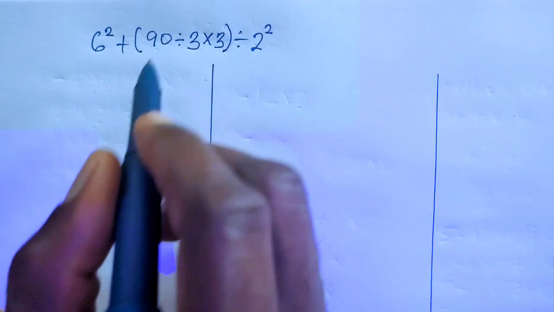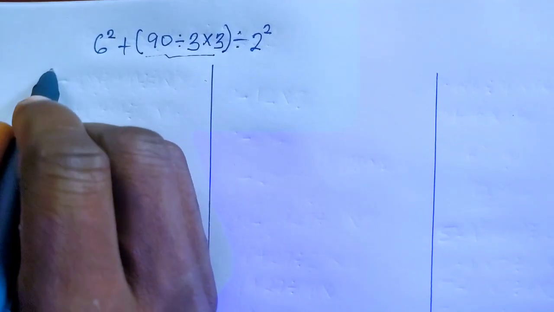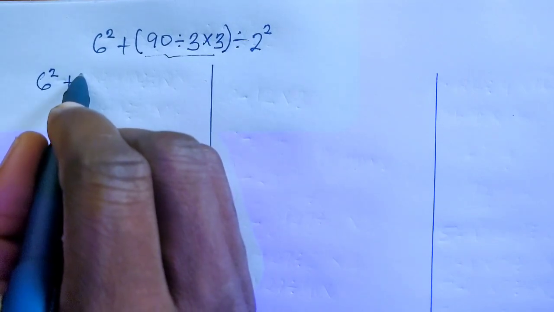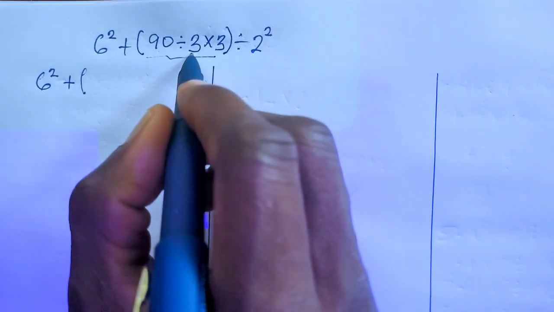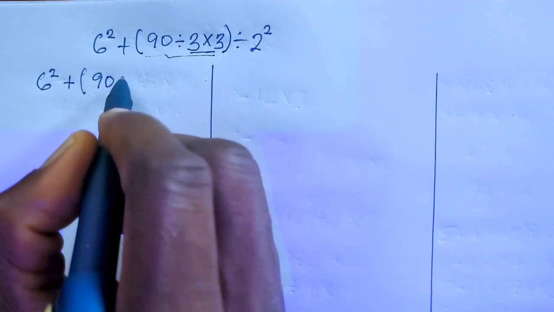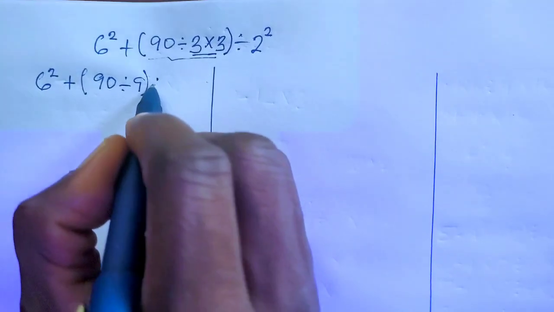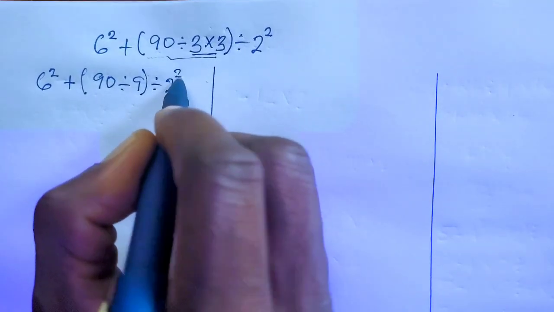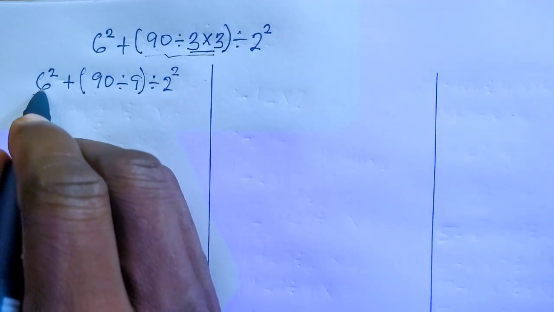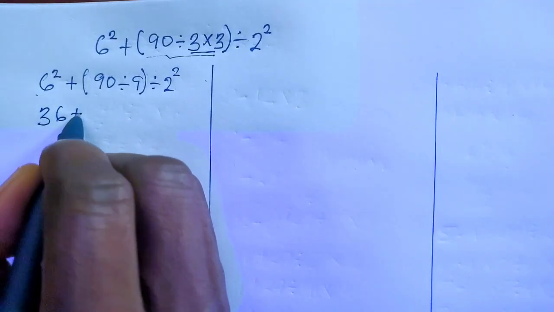Now, many students consider this. Now, this expression becomes 6 to the power of 2 plus, in the parentheses, 3 times 3, that gives us 9, and you have 90 divided by 9, then divided by 2 to the power of 2. And next they consider this 6 to the power of 2, that gives 36, plus